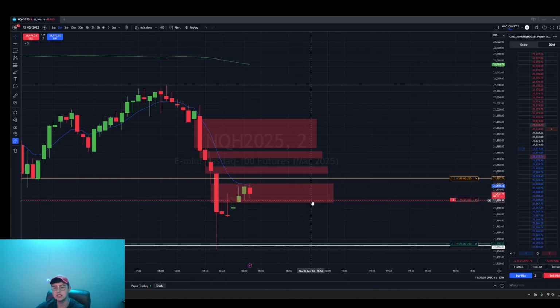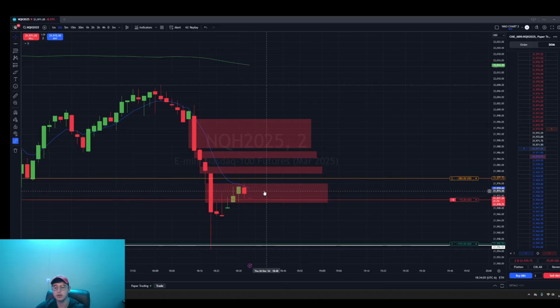Okay, and you guys can see on this example trade that I'm giving you guys, I didn't have the best execution. I could have maybe waited a little bit and gone in right here, and I'd be in the money right now. So as long as your execution is as close as possible to what you're trying to identify,